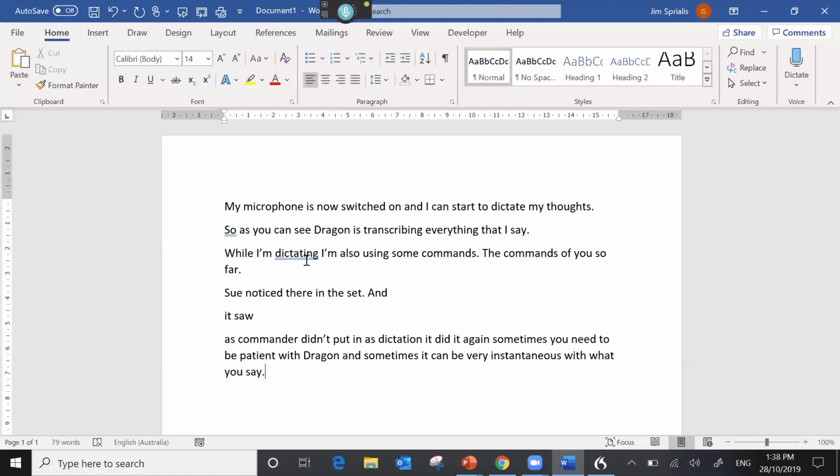The other thing that we probably need to mention is that Dragon is one of those programs that gets better and more accurate the more you use it. However, to become more accurate, it's very, very important that you actually train your Dragon in the right manner. So if Dragon does make a mistake,